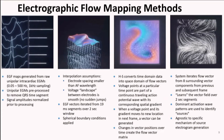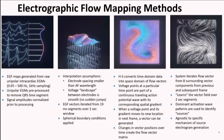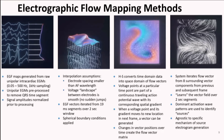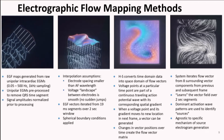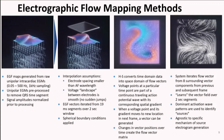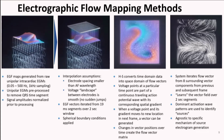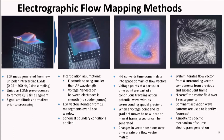So first, the EGF map: you take the unipolar electrograms, basically unfiltered, you remove the ventricular signals, the QRS segments, and then the signals are normalized prior to processing. Then there are certain assumptions that are made. One is that the electrode spacing is smaller than the AF wavelength. The other is that,